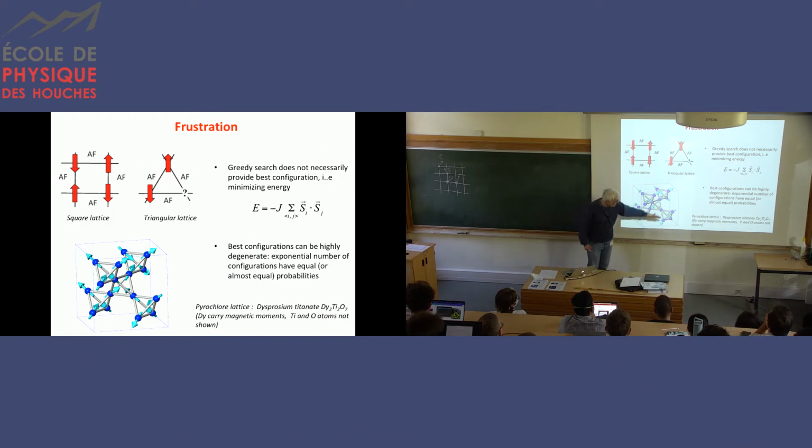Here's an example of an antiferromagnetic material, a 3D pyrochlore lattice, where you have a lot of small arrows pointing in directions, and this is the best configuration you can think of. But you can reverse the configuration of the arrows locally and propagate this change, so there are many, many configurations which achieve exactly the same probability. So as soon as you don't have a simple lattice like that, you get something called frustration, because the cycles here are of odd lengths and not even lengths. Then you get this very complicated best configuration, and there might be many of them.